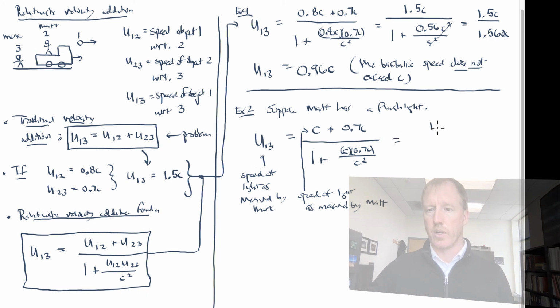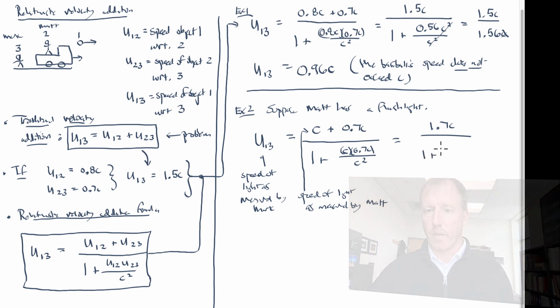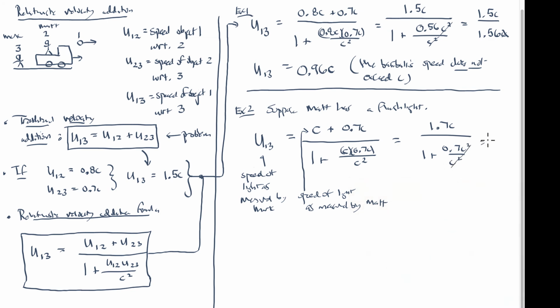Okay, so in the numerator, we have 1.7 c. In the denominator, we have 1 plus 0.7 c squared over c squared. The c squareds cancel, and we get 1.7 c over 1.7, which means that the velocity of that light beam, according to Mark on the ground, is going to be, well, the 1.7s cancel out, and you get c once again. So in other words, this formula that we've just articulated here preserves this idea that the speed of light by both sets of observers is c